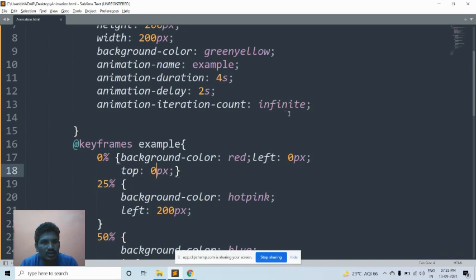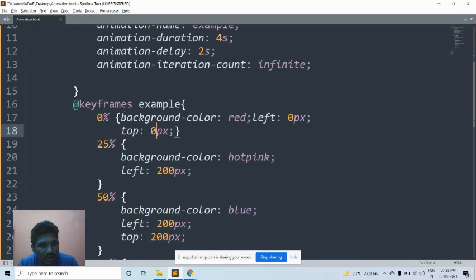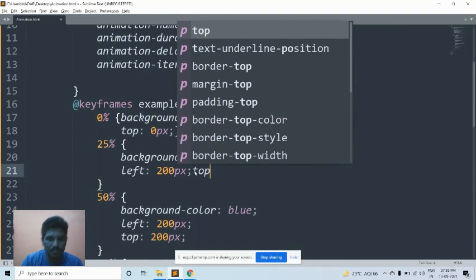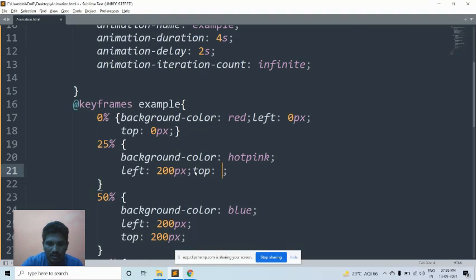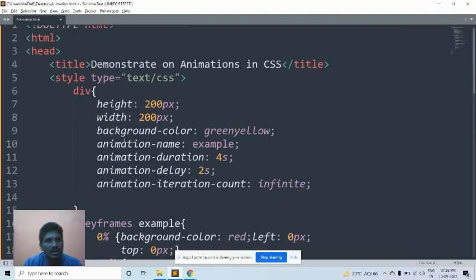Something would be wrong, because in the animation the background color should be red, left should start, okay, top 0 pixel, good, left, okay, then top, yeah, good, 0 pixel.